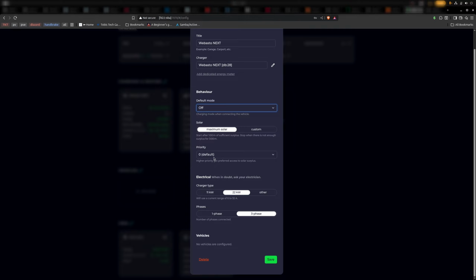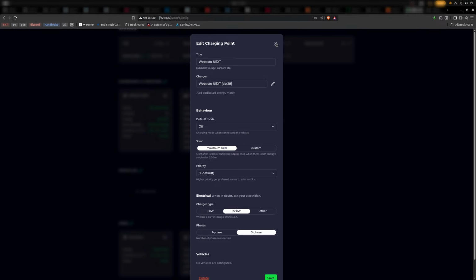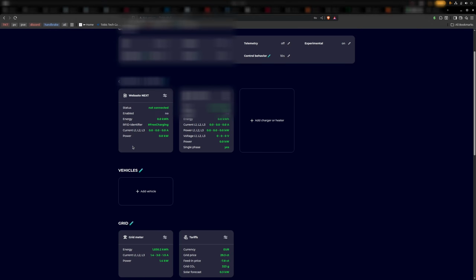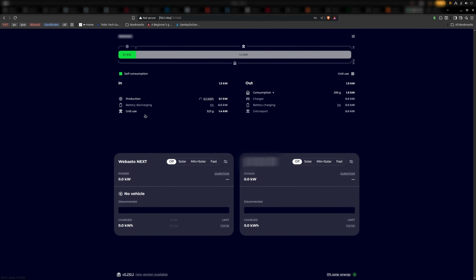Priority, it's also up to you. For surplus charging, it also tells you here. Anyways, those settings you can configure yourself. Charger type is 22 kilowatts, like 32 amps, and you could also do 11 and 3-phase obviously for this wallbox. And then you just hit save and everything should work. You should see something like this. And if you go over and you hit min and solar, for example, and you connect your vehicle, it should